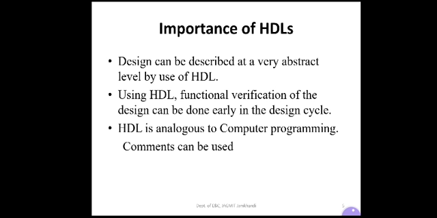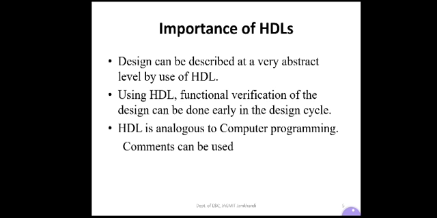After one stage, during the gate level netlist or physical layout, you may not get some bugs or errors. So there is a provision that early in the design cycle you can do the functional verification of the design that you have done, and check what its functionality is. And you can also optimize the functionality of the design, and modify the RTL description until the desired functionality is met.